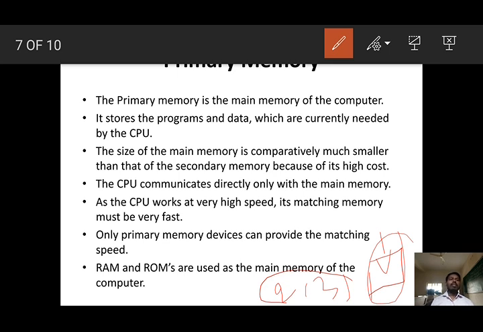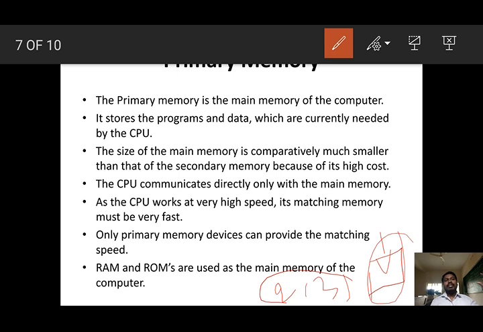So the hard disk drive will be 500 GB or 1 TB, 1 terabyte, right? Whereas you can check your RAM memory. The RAM memory maximum will be 2 GB or 4 GB. That's all. That is the maximum. Or some high end versions are having 8 GB. Yes. So that is the limit.